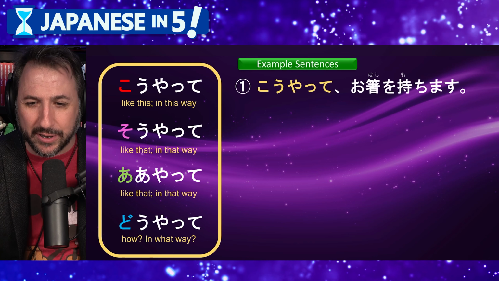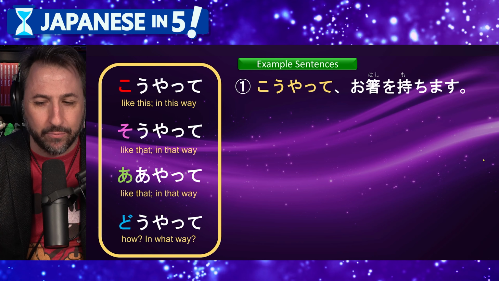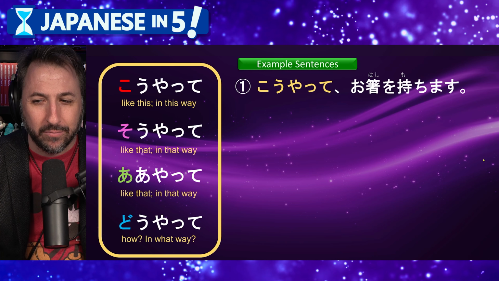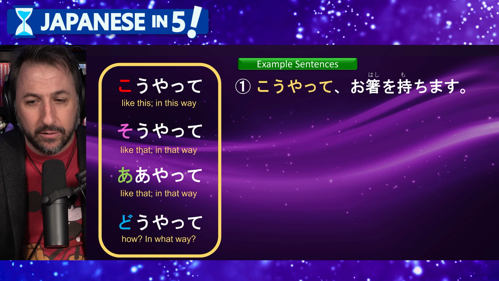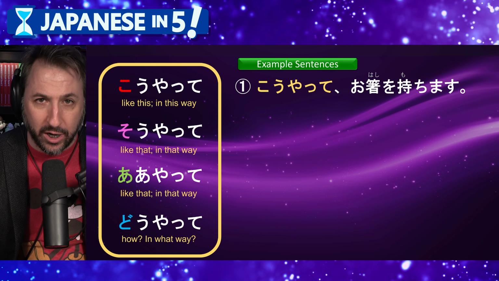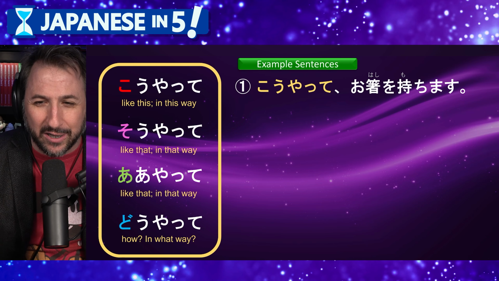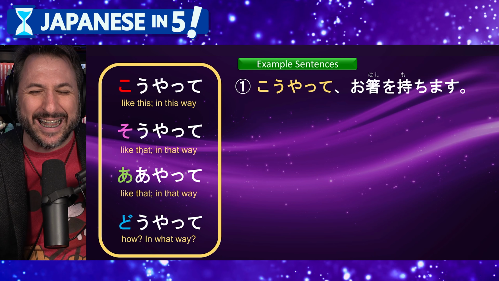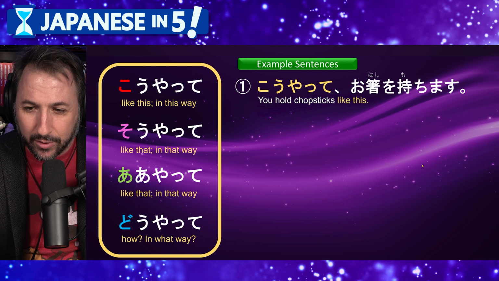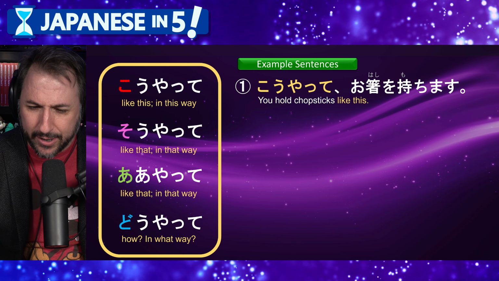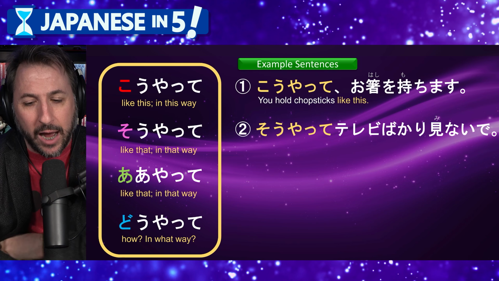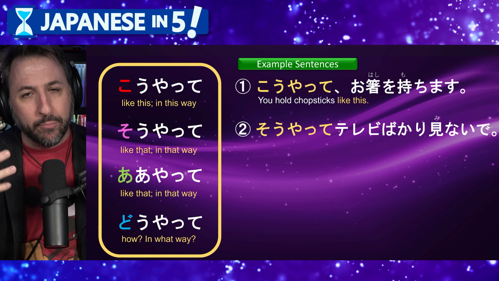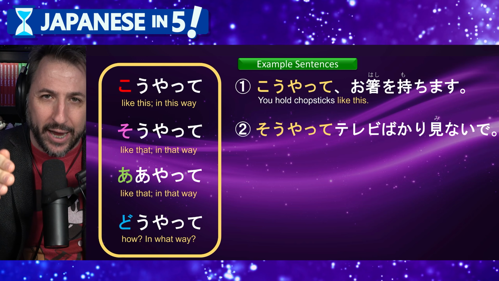So let's just look at some sentences. So we've got this one. こうやってお箸を持ちます。 Let's say you were eating with chopsticks and you were doing it wrong. Someone might have said, no, that doesn't work. You hold chopsticks like this. こうやってお箸を持ちます。